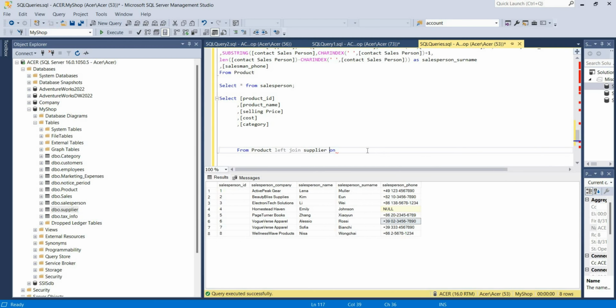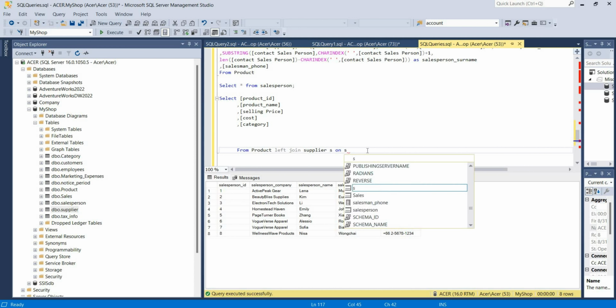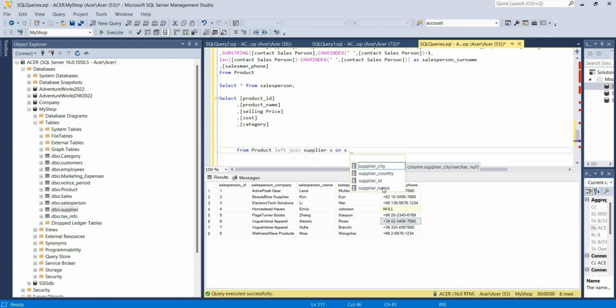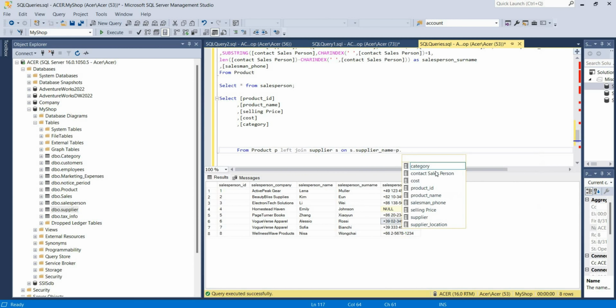Okay, left join supplier S on S dot supplier name is equal to, let's name this P dot supplier. Okay, then we are going to join